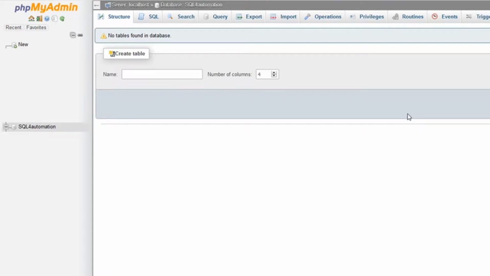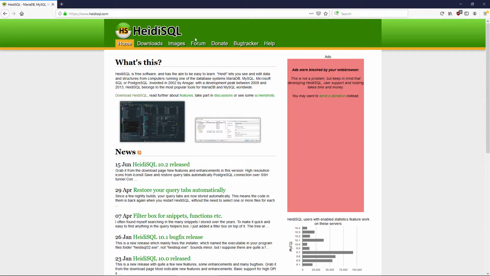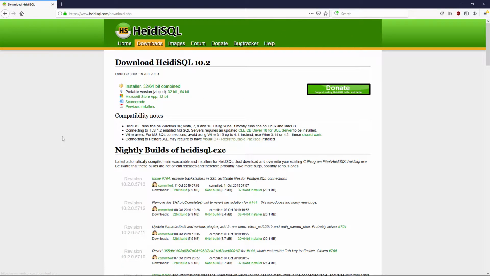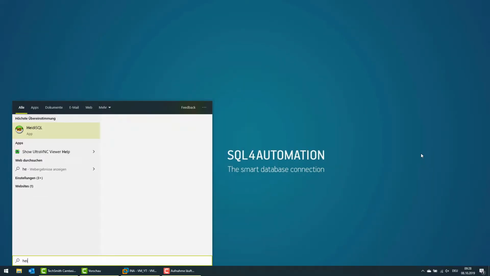So as a last step, we need to create a table. And we could also do this in here, but I'm actually going to use a different app for it, because with the app, it's afterwards easier to make changes to the database. Now the app is called HeidiSQL and you can download it for free on the internet. So first I'm going to open it,